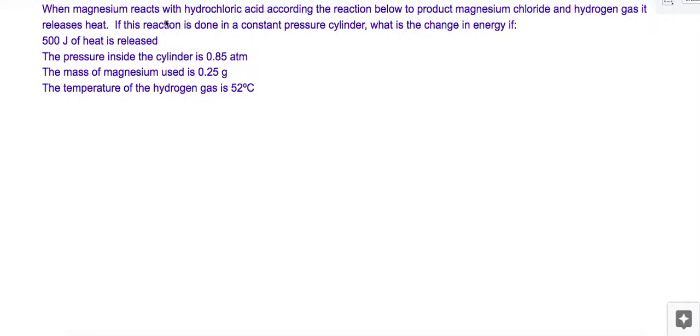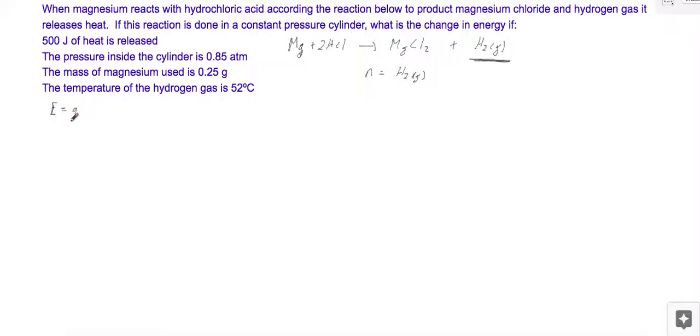First of all, we have this magnesium and hydrochloric acid reaction, so let's make sure that that is written out. Magnesium plus hydrochloric acid makes magnesium chloride and hydrogen gas. Now the important part here is this hydrogen gas. That is the only gas in this equation, so in terms of our moles, it's the hydrogen gas that matters, nothing else. And remember that when we deal with energy,